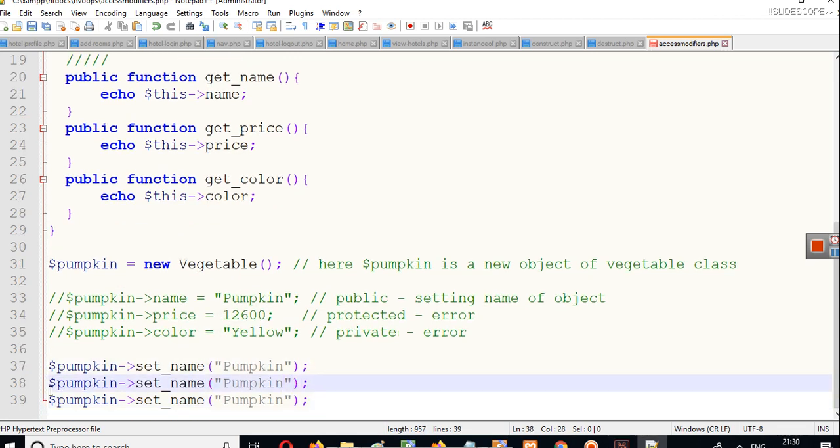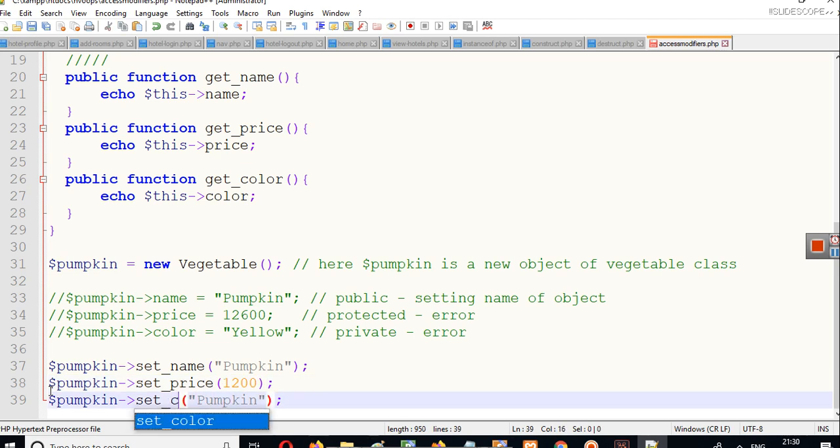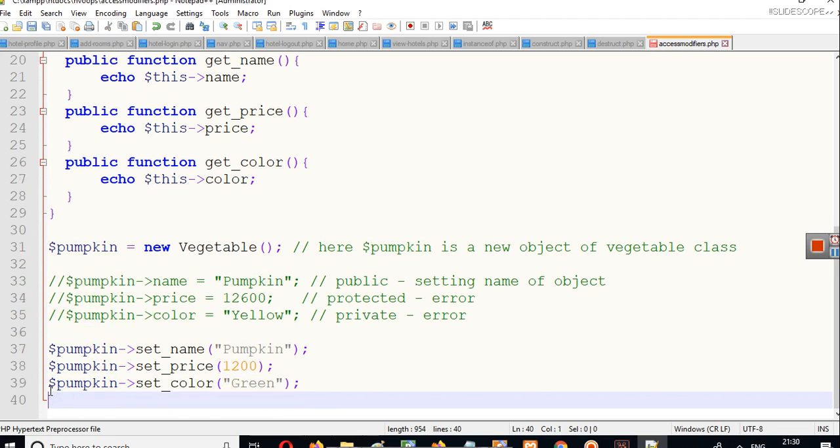Set price, and let's say price is 1200, and set color. Let's set the color this time as green. So using these three